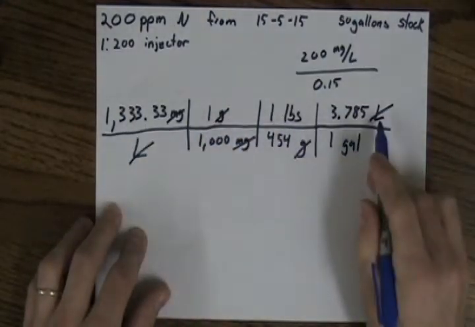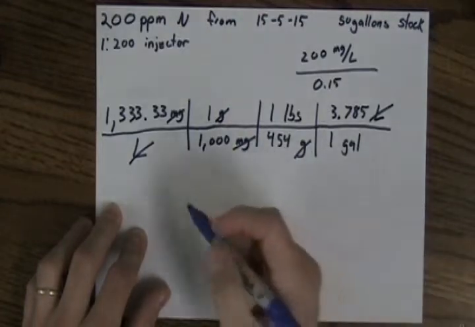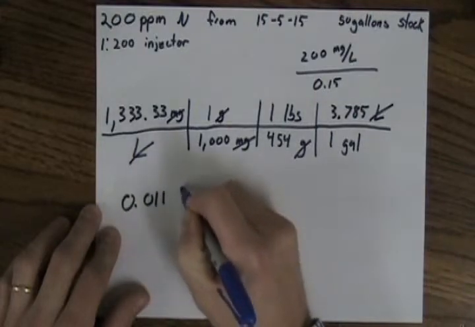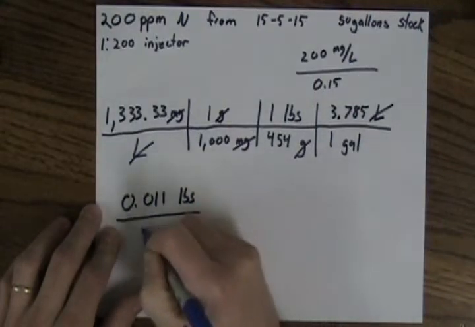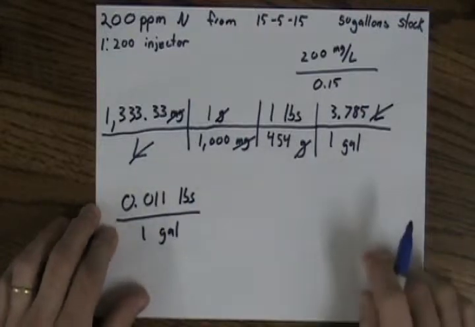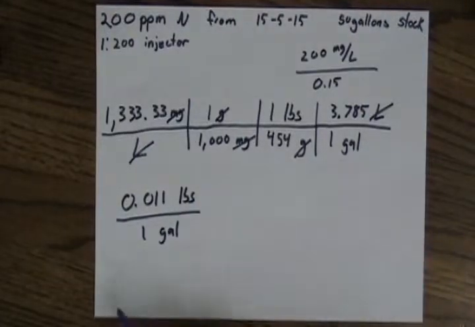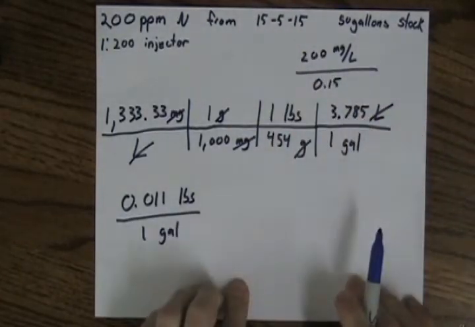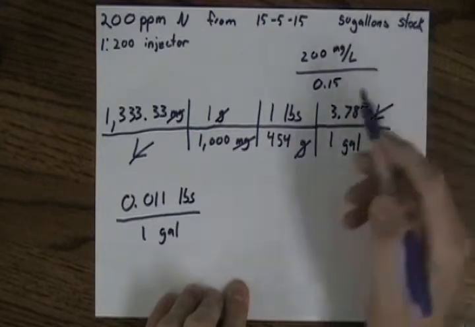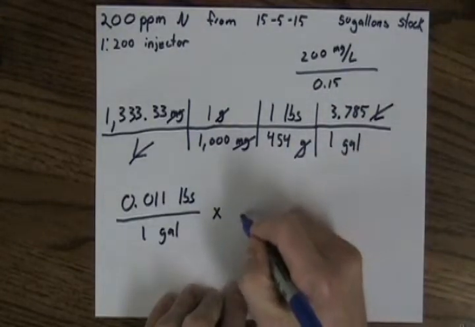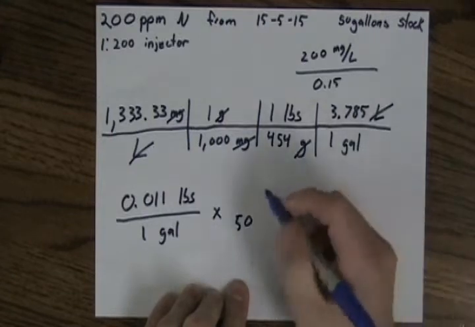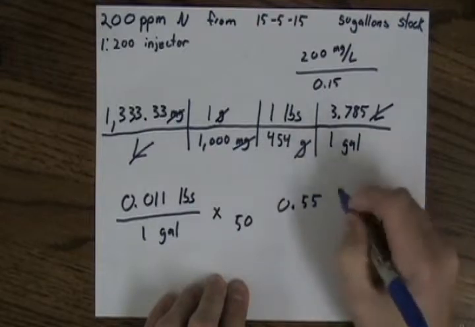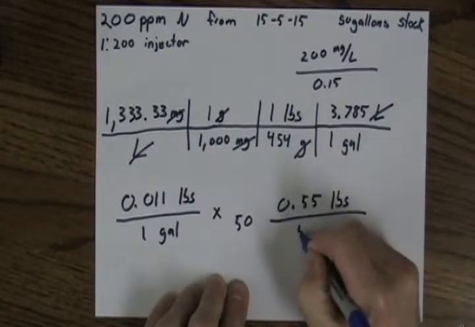We multiply across the top and divide by everything on the bottom, and we get a number of 0.011 pounds per 1 gallon. So we need just over 1/10 of a pound of 15-5-15 in 1 gallon. But remember, we've got 50 gallons here, so we're going to multiply this by 50. So we get 0.55 pounds per 50